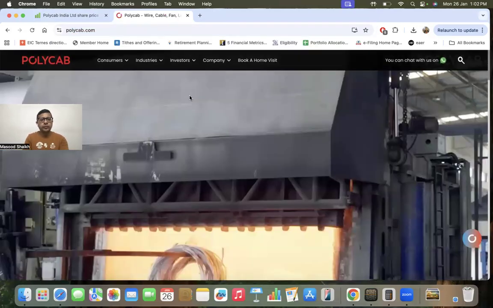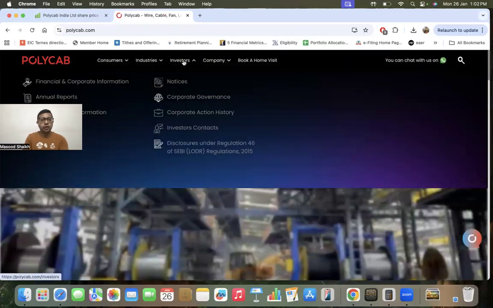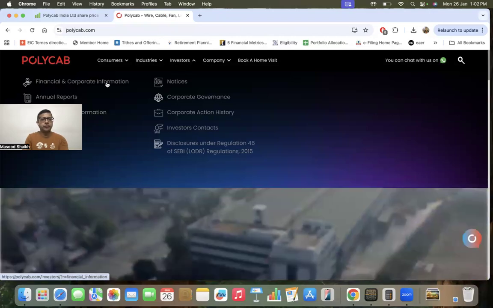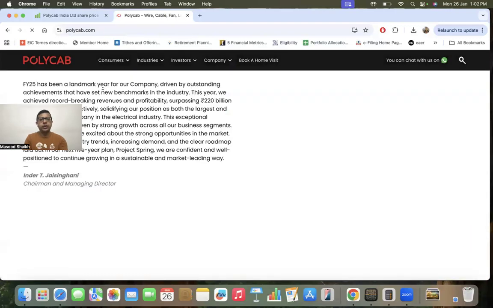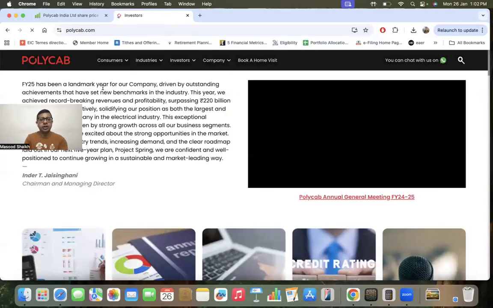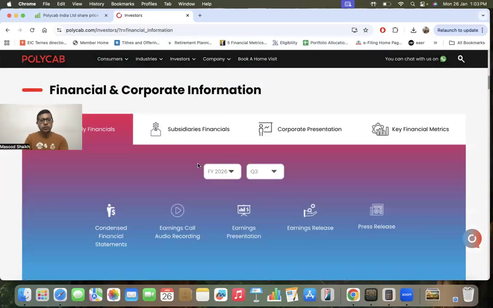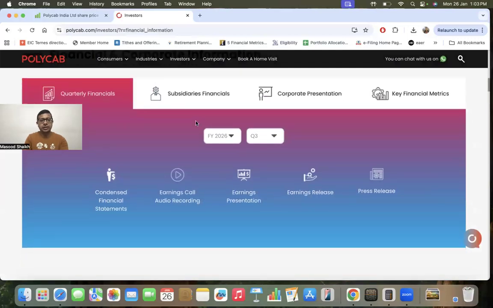When we go to the website of Polycab, what we have to do is check for the investor column. Now, if you see over here, we see investor, and then over here, we see financial and corporate information. We have to click on this. As per the regulations, they have to publish their information, their quarterly results. So, they have to upload it on their website. So if you see over here, once we open over here and when we go down over here, quarterly financials are there,